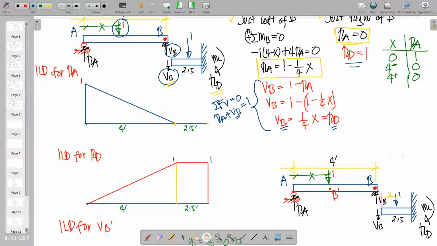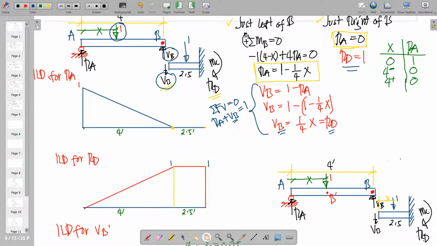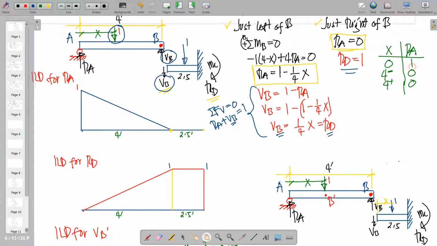so when X is equal to 0, your RA is equal to 1. Okay? When your RA is equal to 1, shear at B is equal to 1/4 of 0, that is 0. Okay? And then when X is equal to 4, your VB is equal to 4 over 4, or that is equal to 1, which will be equal to RD also. So this is